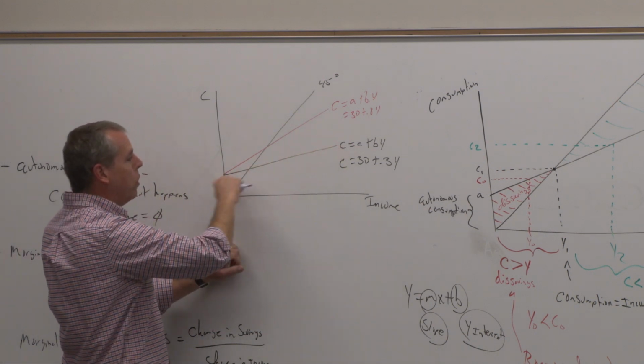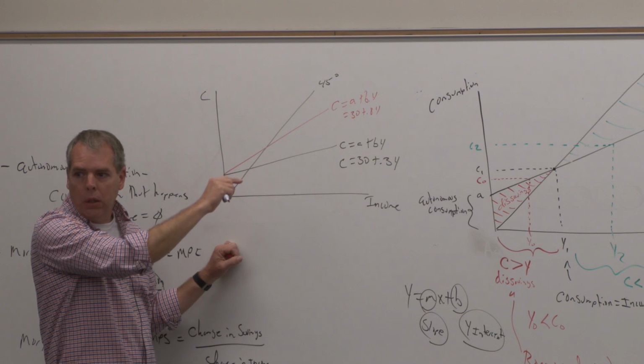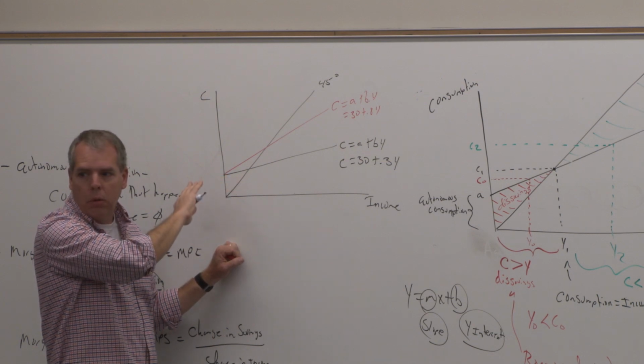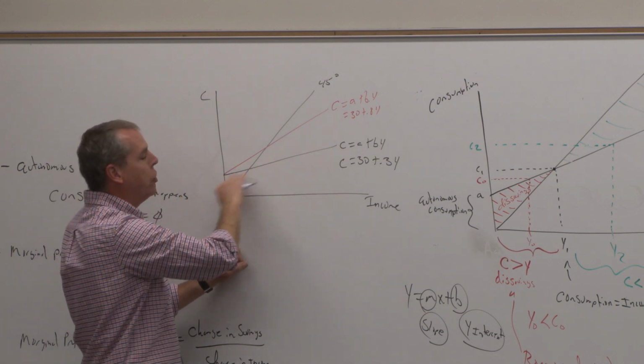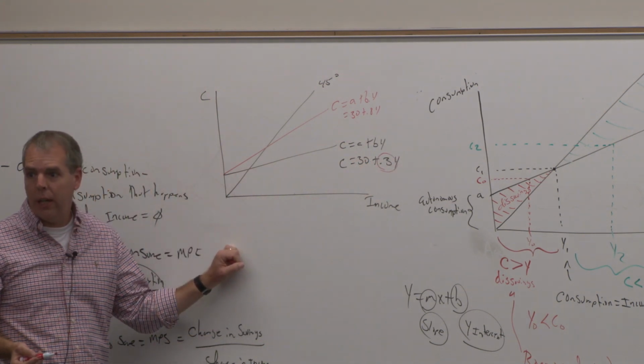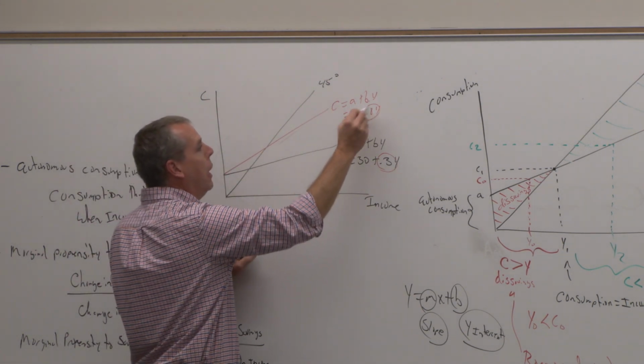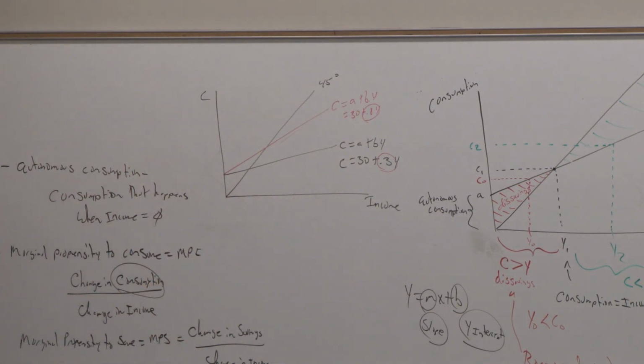In this country, state, family, person, household, whatever, every single additional dollar of income they're going to spend 30 cents, they're going to save 70 cents. In this one, every single additional dollar they're going to spend 80 cents. They're going to save 20 cents. So these numbers right here